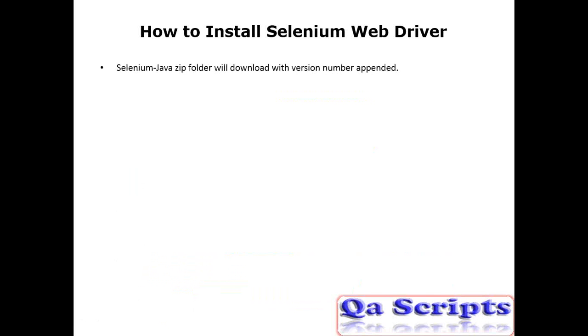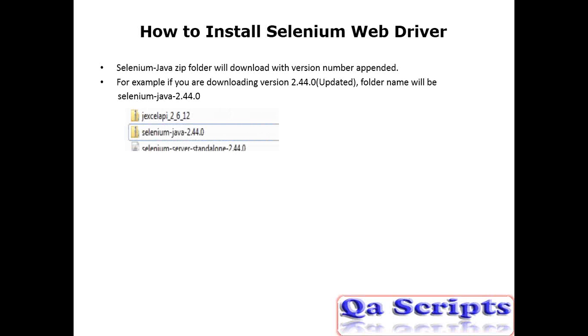After downloading the APIs, these APIs will come in the form of a zip file. We need to unzip or extract the zip file, that is the Selenium core Java zip file. That zip will contain some folders and files. Here I am trying to show the zip file, and once you extract it, the folder will be named with a label called